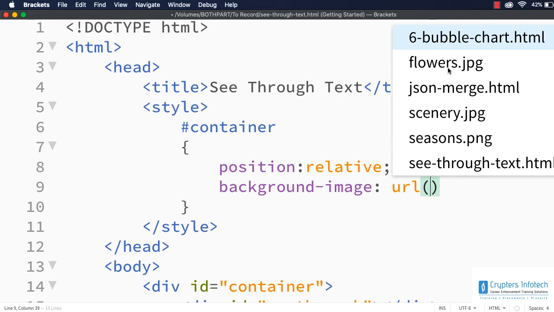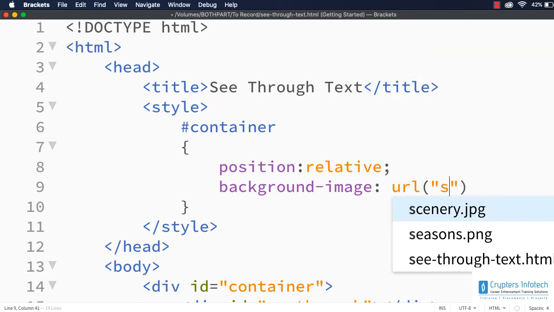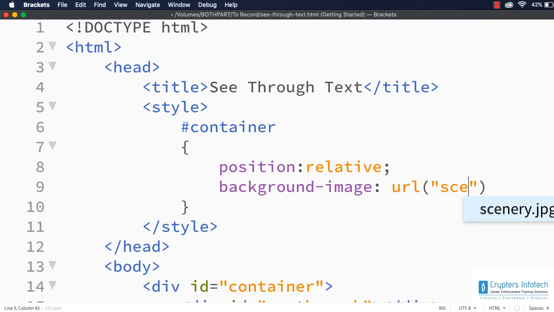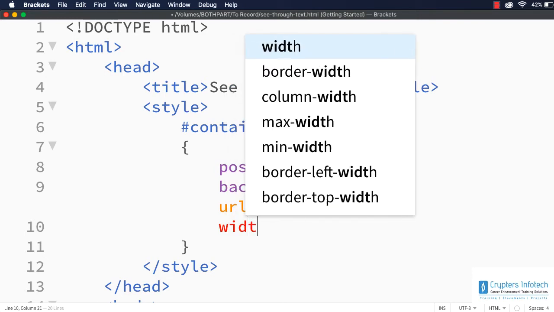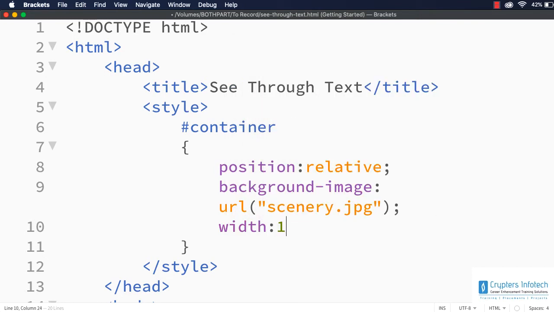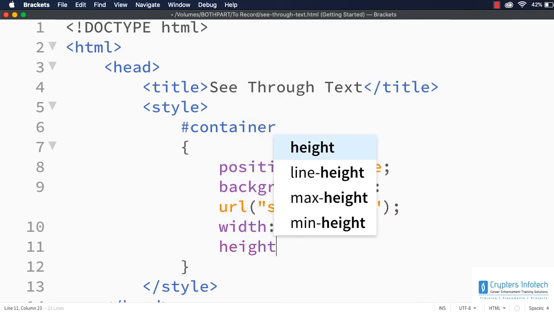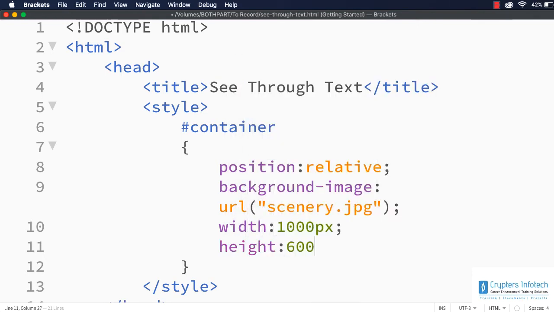Here I have saved flowers.jpg, scenery.jpg and seasons.png. Let me first use scenery.jpg. Within double quotes I can specify scenery.jpg. Then let me set width and height for this image. Let the width be say 1000px and let the height be say 600px. Now we are ready with the image.